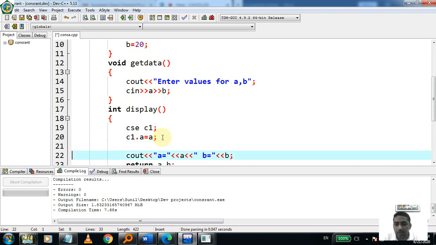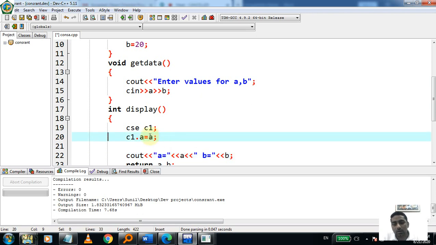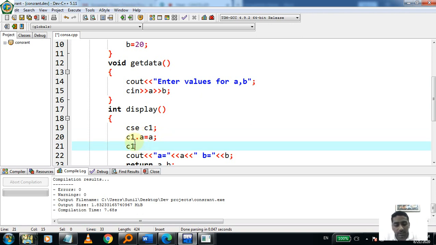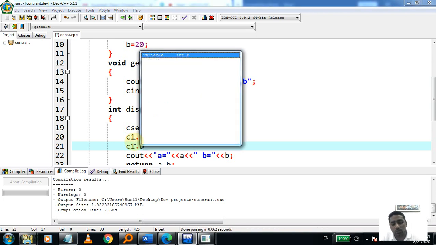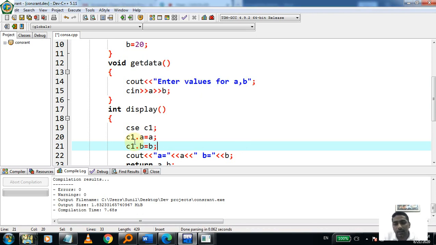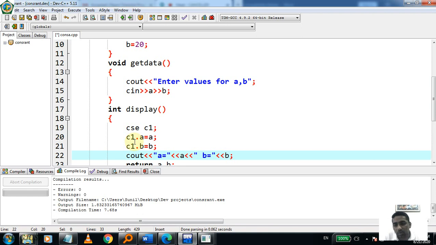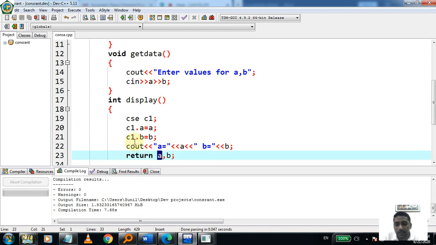This a is coming from your class object which is already initialized. For this we can do one more statement, C1 dot b equal to b, and this C1 contains both a and b. Now I can return C1 here. So what is the type of C1?